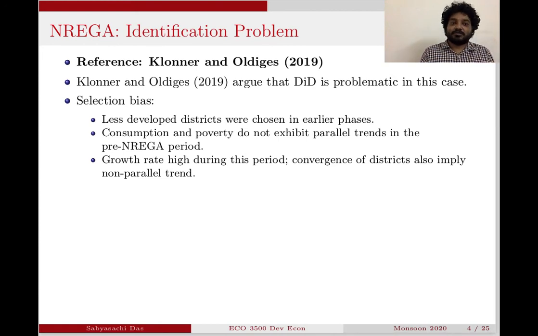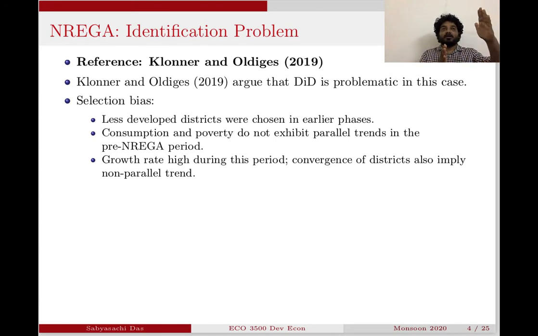So that's the first point. These are less developed districts, so consumption to begin with is lower than consumption in the other districts in the control group, because these are less developed. Second, the point is that the main outcome variables, consumption and poverty, are actually not moving parallelly during the pre-NREGA period